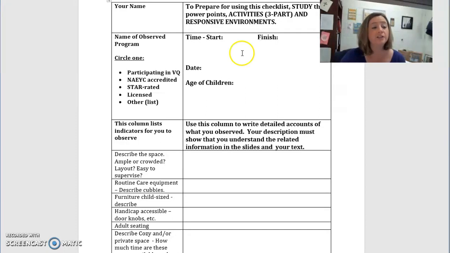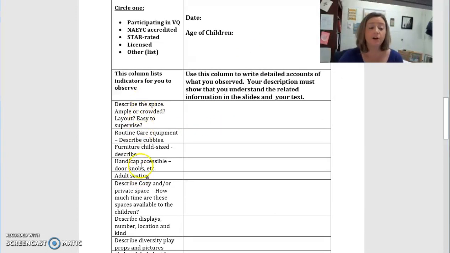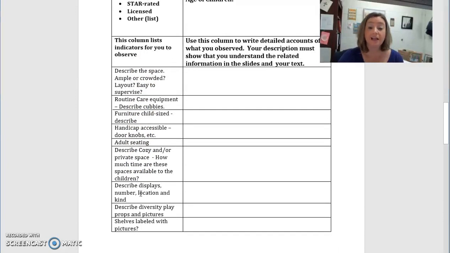in the area. So make sure you put your name, the place where you went, whether or not they are participating in Virginia Quality, if they're NAEYC accredited, if they're STAR rated. If they are any of these, then they are also going to be licensed. When you started and finished your observation, the date that you went, and the age group of the children that you were in. But basically, you're just going to be looking at all of these indicators and documenting what it